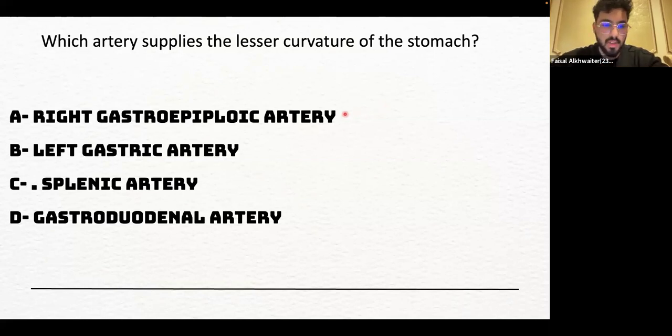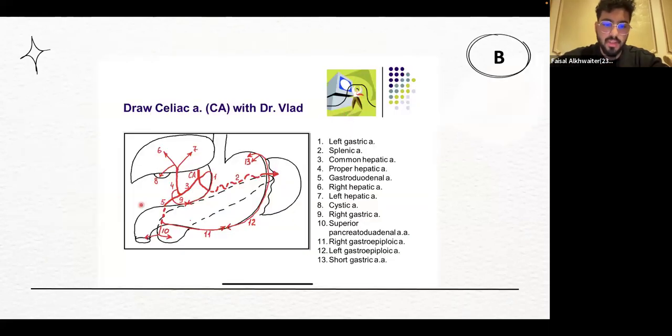Left gastric artery, right? As we just said, the lesser curvature is supplied by two arteries, the left gastric artery and the right gastric artery. Of course, your friend has a question about